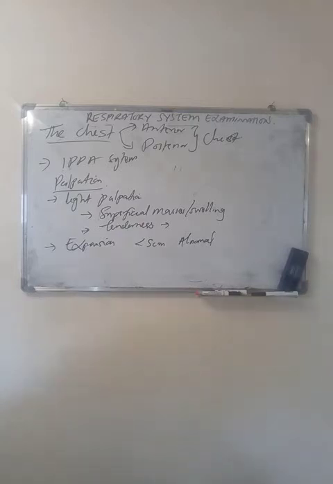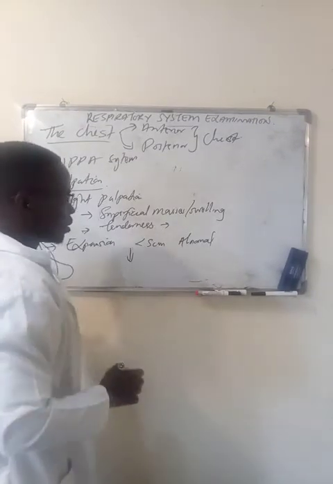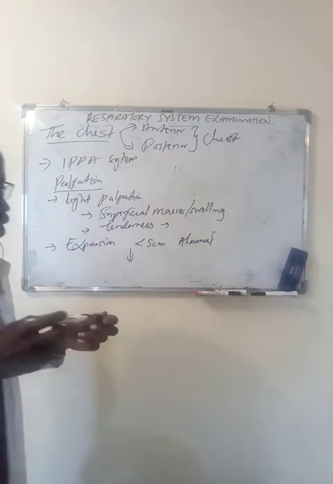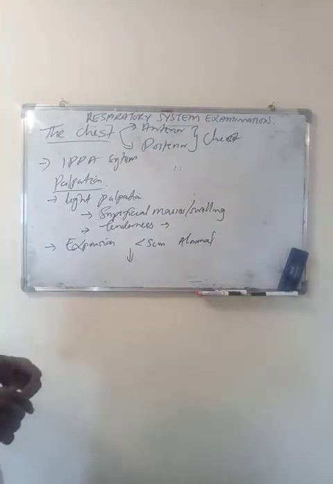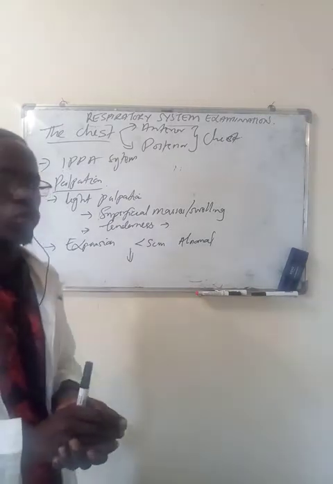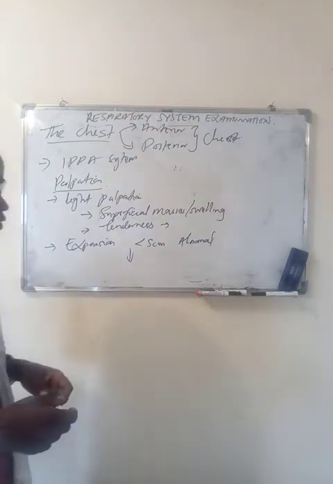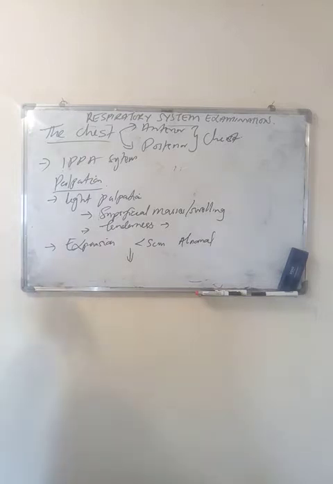Okay, so with unilateral decrease, if there's a decrease in expansion on one side of the chest, just on one side, there may be a pathology either on that same side of the chest or on the other side. For example, if there is a lung collapse, then on that side of the chest there's going to be decreased expansion, or on the other side there's going to be increased expansion of the chest. You can also have increased expansion on both sides of the chest. Okay, so those are some of the things you can look at: expansion of the chest, and then